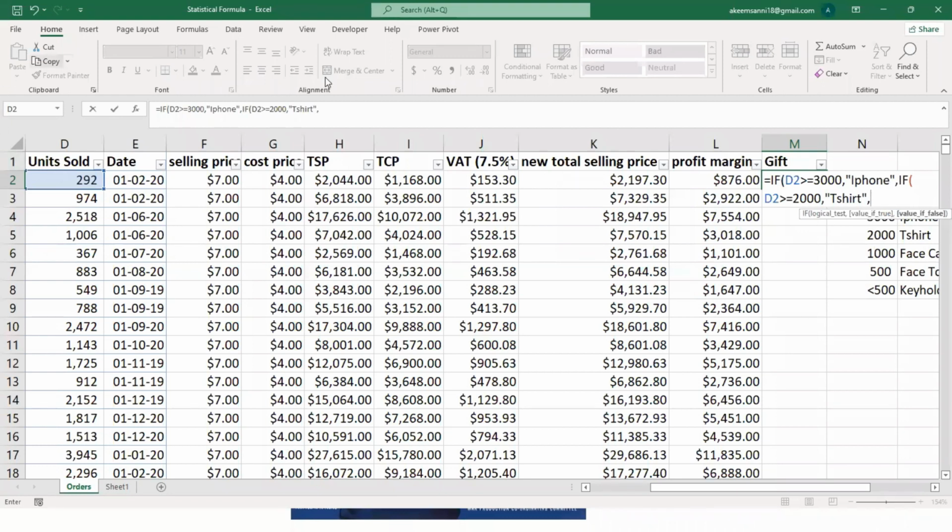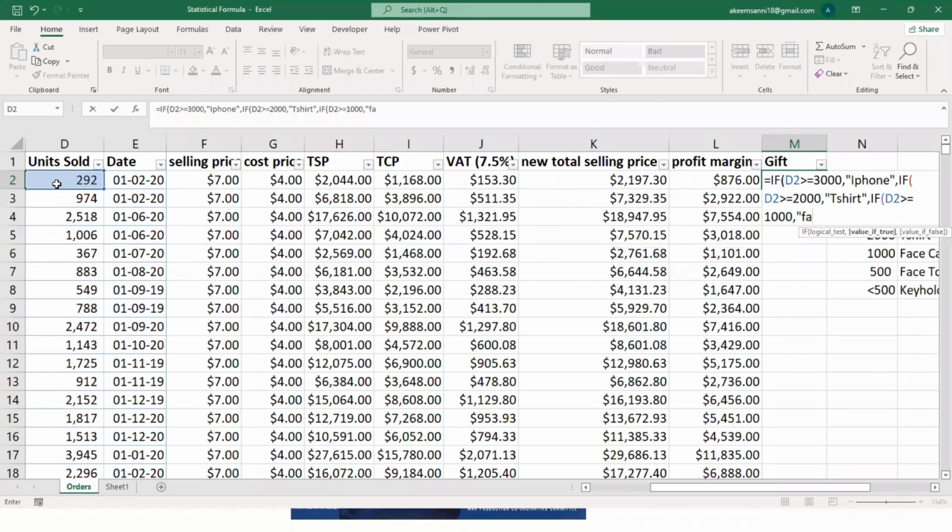Now the next one, let's move forward. I'll say IF this unit sold right here is greater than or equals to 1,000, comma, I need Excel to write face cap in quotation marks.